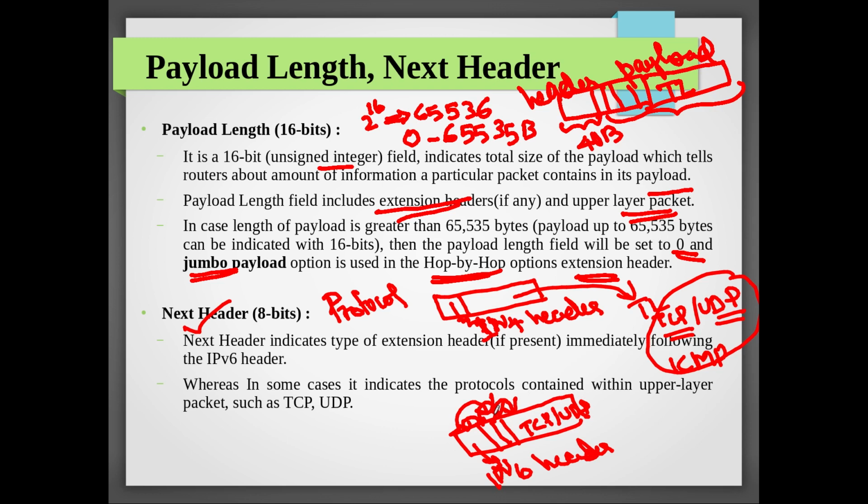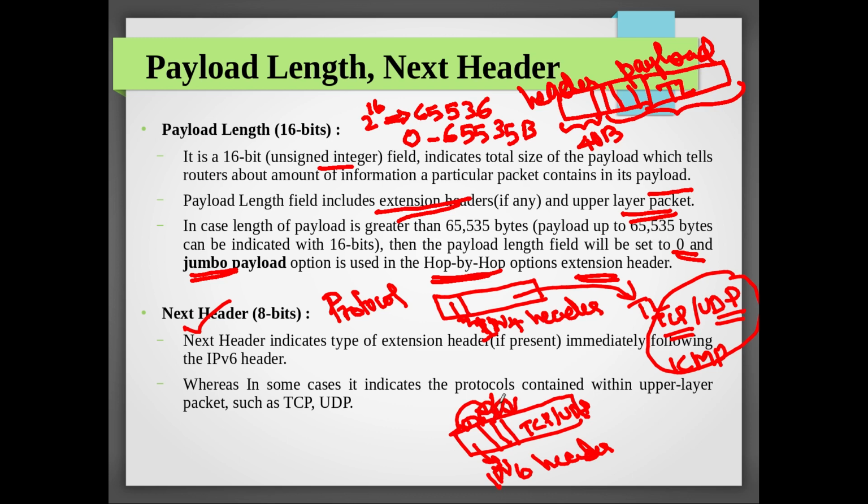Its protocol number will be stored in the next header field of the last extension header. For the main header, it can be whatever is immediately following it. If the main header is immediately followed by an extension header, its number will be stored. If it is immediately followed by the actual higher layer payload, its number will be stored. That's all. And this field is not only for the main header, it is there for extension headers also. So everybody will keep storing the number representing the next one.